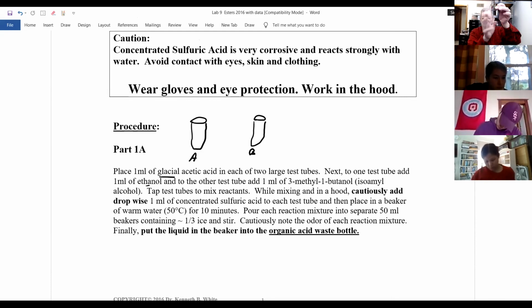You'll tap them, mix the test tube, and then carefully in a hood in each test tube A and B, you will place 1 milliliter drop-wise of concentrated sulfuric acid, a dangerous chemical, but that's your H+. And then you'll put it in a beaker of water that's at 50 degrees C. I teach you how to do that. And heat it for about 10 minutes. And you'll have afterward